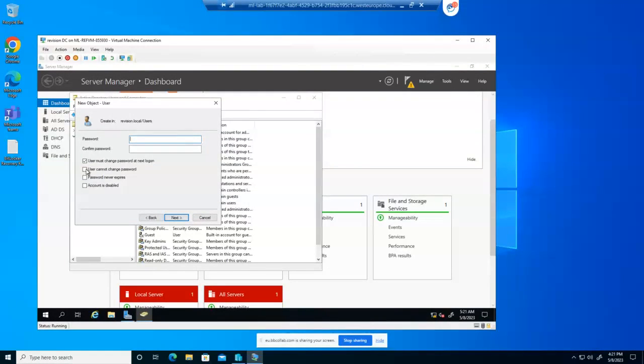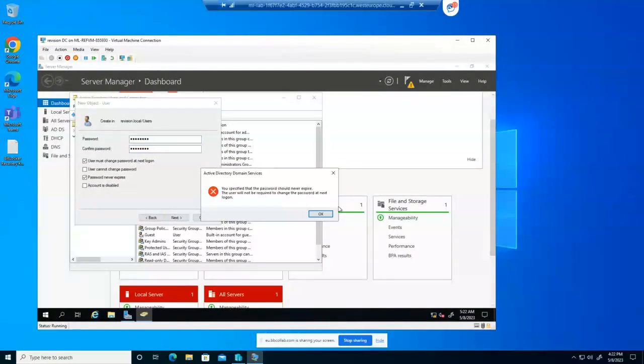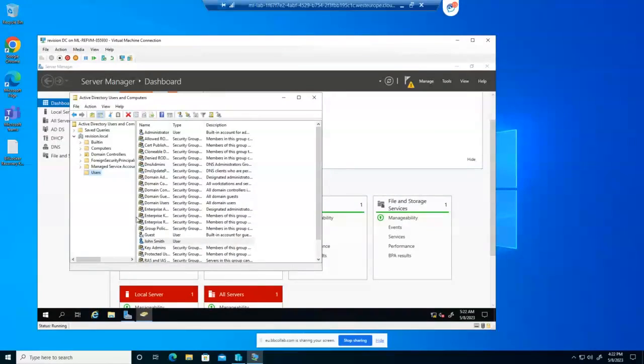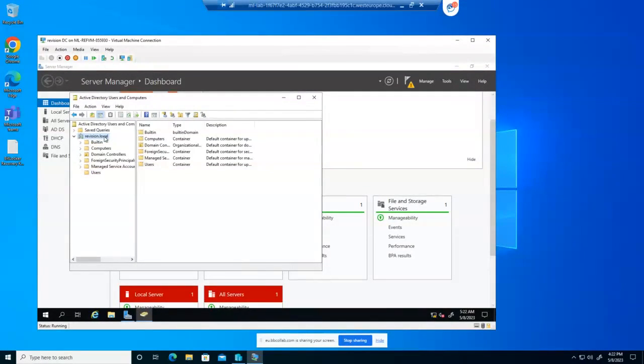Okay, next. User must change, that's fine. Password is P@$$W0RD. Let's say that password never expires, just for the sake of the exercise. Of course, don't do this in real life. Now we also need to create, under revision.local,